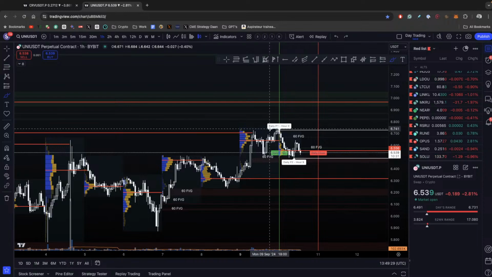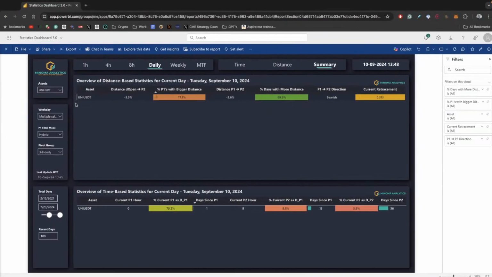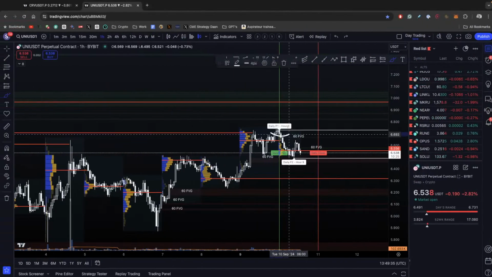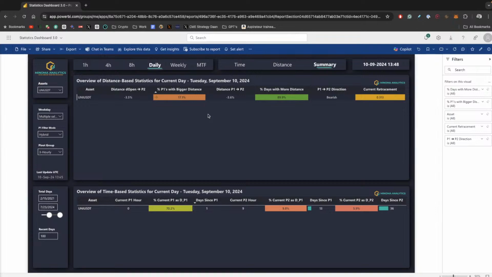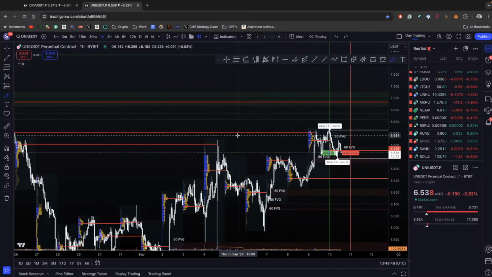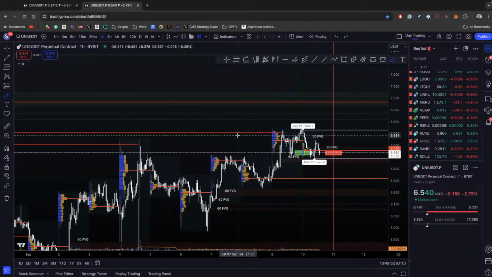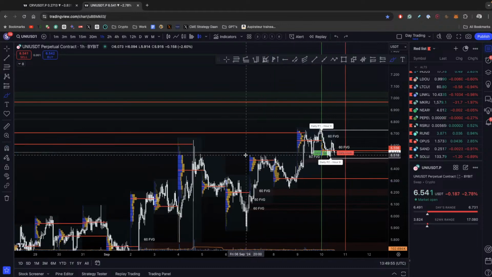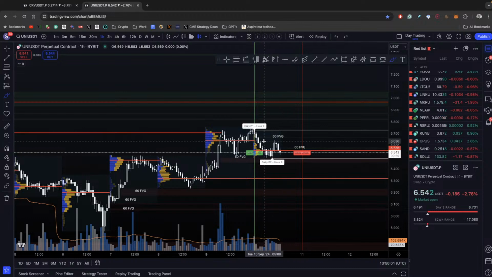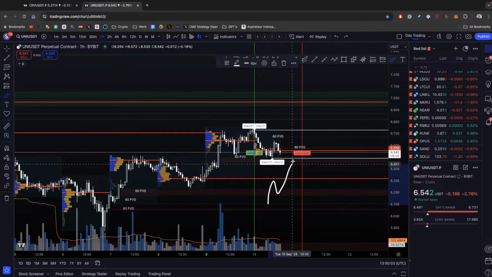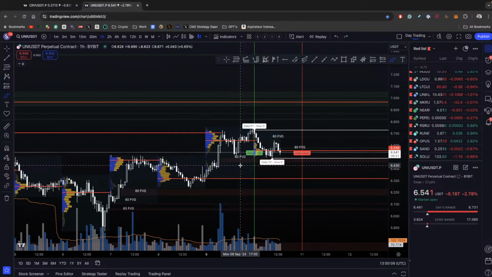So in this case, I would definitely be confident to say, okay, I'm going to use hybrid filtering for uni, because I think the high looks great. And if ever this is going to be a high, then this will be a good time to do it. Then we have a 1 out of 5 chance of taking out the high, and 90% of days result in further downside. Combined with all the other things we have been seeing, it looks like further downside is likely. That's a very attractive setup. Also because we see that the bullish setups with the P1 at the lows seem to be likely to go down, to have that further downside.